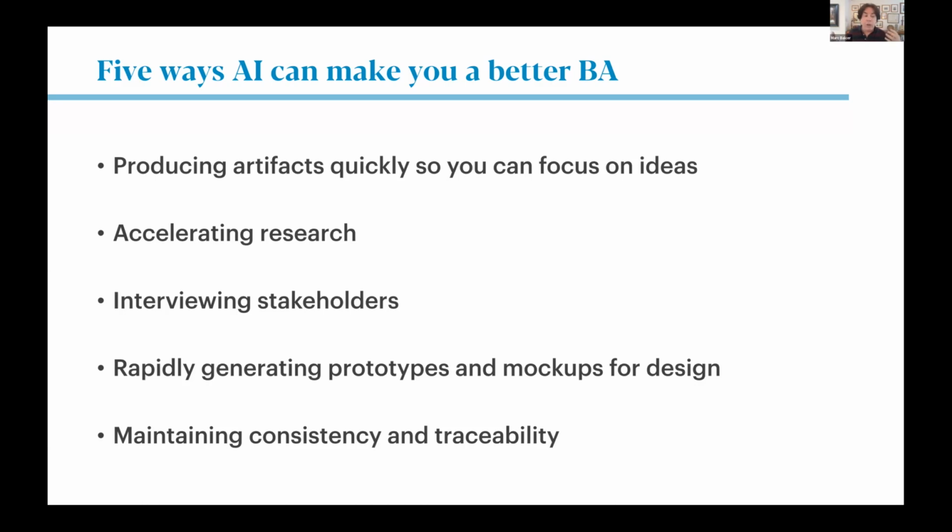And finally, one of the things that always drives us crazy as BAs is we want to create a lot of different artifacts that represent different aspects of a problem. For example, process models, information models, data models, and so forth. But how do we keep all those consistent? We introduce a new story, and that's going to change the data model, which is going to change the life cycle, which is going to change the process model. AI goes, I got this. Just ask me for an update. So we're going to show you how that would work.